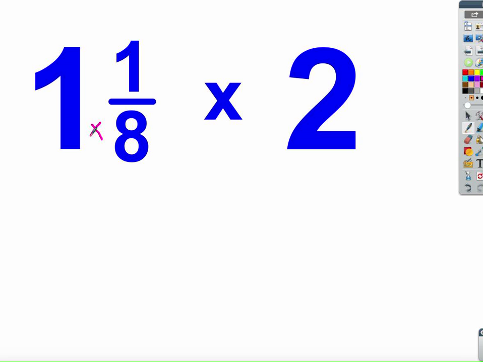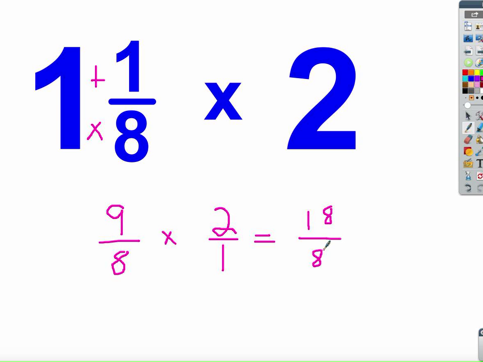If you remember yesterday, we put a times and a plus. So this would be 8 times 1 plus 1. This would be 9/8. Now the 2, we learned how to change a whole number. All we do is put a 1 underneath it. Once you've done that, now we can multiply top times top, bottom times bottom. So that's